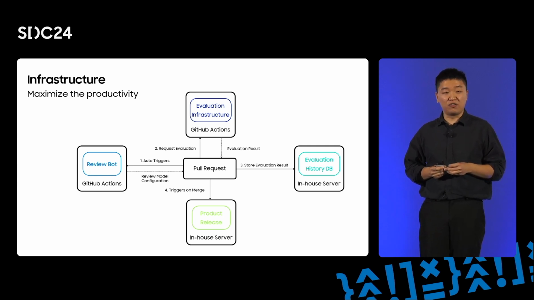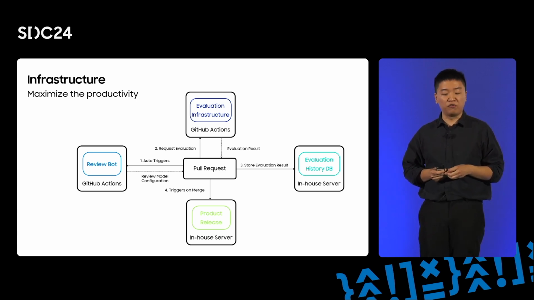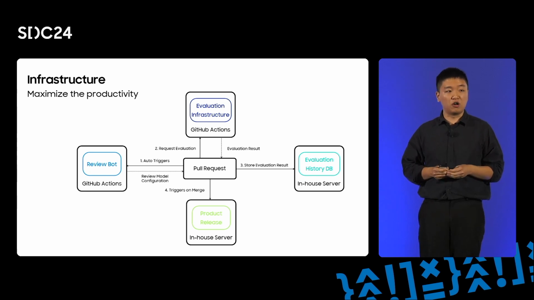After the evaluation result is returned, our infrastructure not only leaves a comment under the pull request, but it also sends the result to our database server, which is used to manage the release history and compare the performance among the models. After the developer makes sure that an updated model works well by referring to the result of evaluation, they can merge the pull request so that our release process will be triggered. The release process will then pack the models into the product on the corresponding platform and notify the developers under other departments about the release.